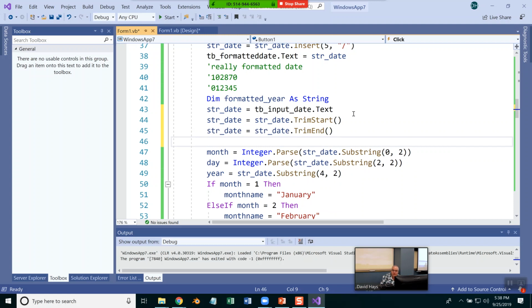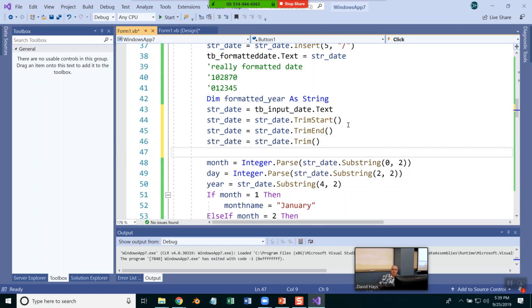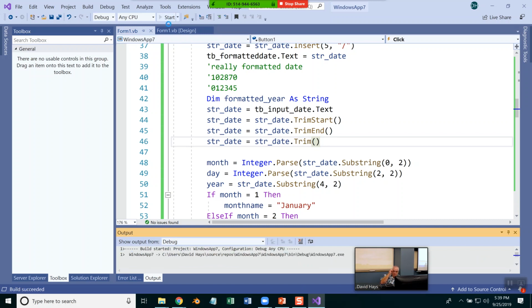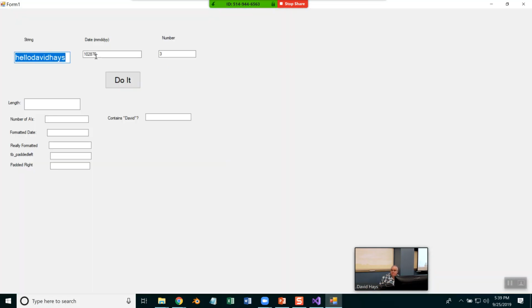Now, if you just want to get rid of spaces at the beginning and end, then what you do is string date is equal to string date dot trim. Now, you don't need all 3 of those in the program, but again, this gets rid of the spaces at the beginning, spaces at the end, and spaces at the beginning and end. So if I run that, somebody comes here and they're screwing around, and they put spaces before their date like that, it won't break my program. Click that,